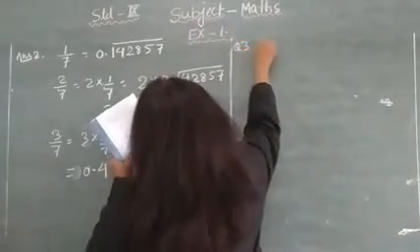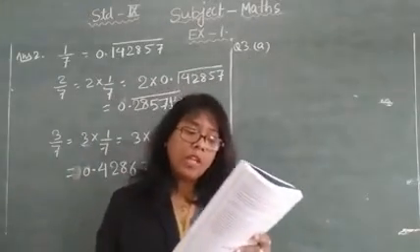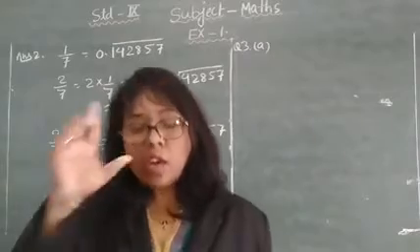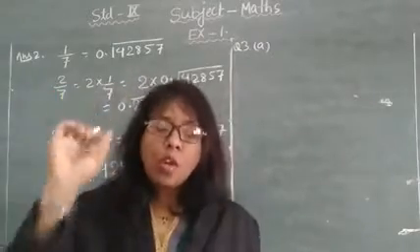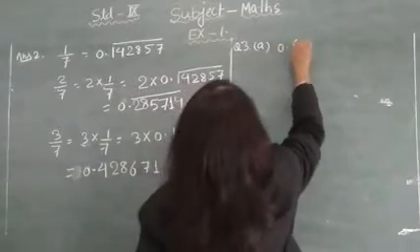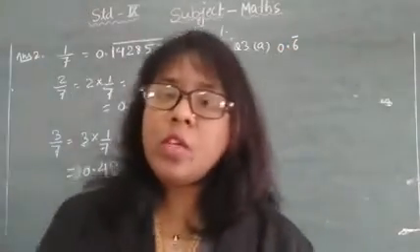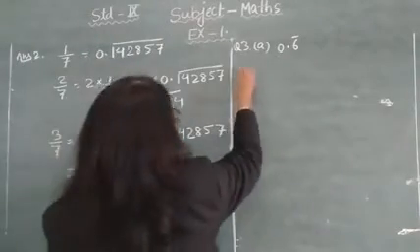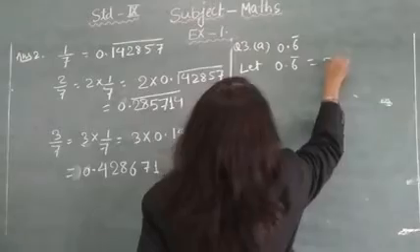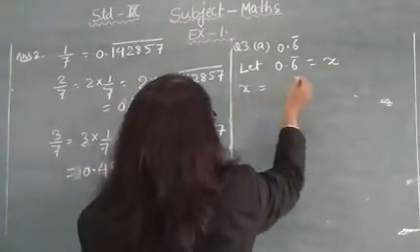What is question number 3a? Express the following in the form of P upon Q, where P and Q are integers and Q is not equal to 0. You have to focus here. What is there? The question is 0.6 recurring. So what will we do? We will suppose that 0.6 recurring is equal to x. Fine. So we can write x is equal to